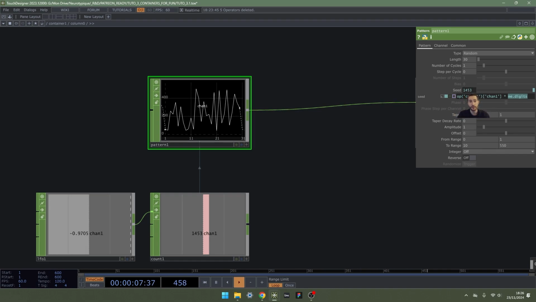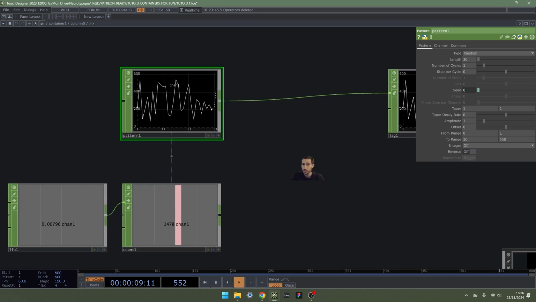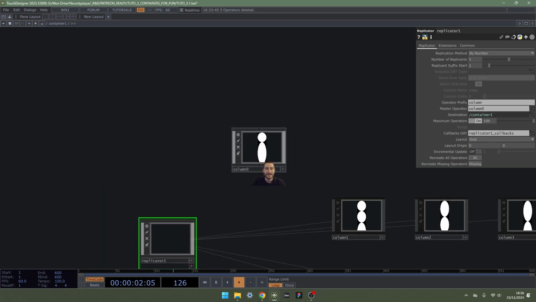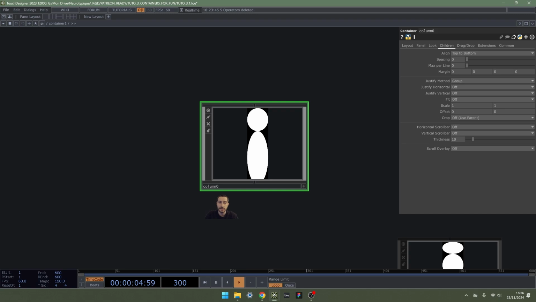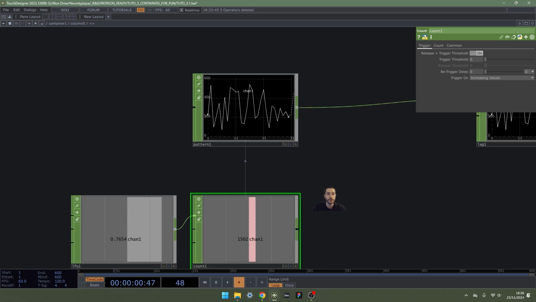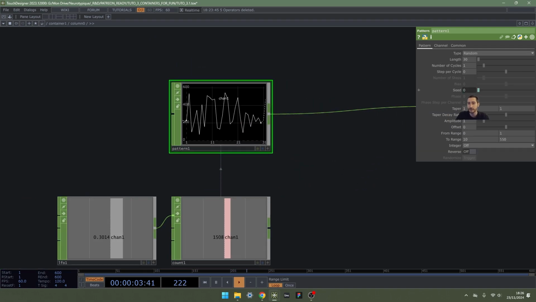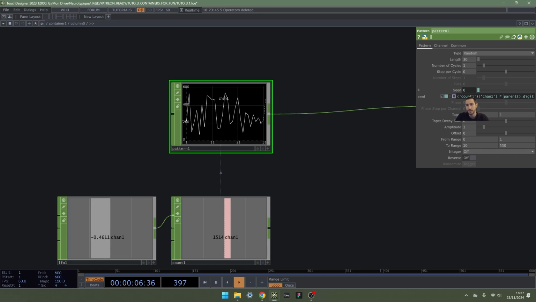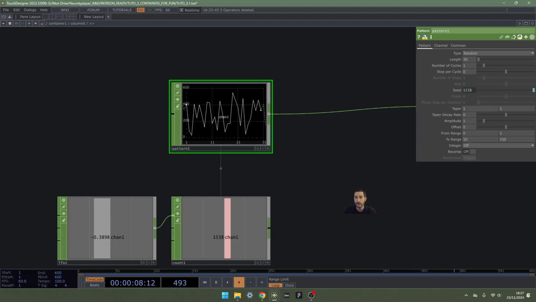So what operator is this? It's the parent operator, the one on the top level. So we can say parent parenthesis dot digits. And now we just created ourselves another problem. It's working, but as the digit is 0, it's just multiplying the changing seed by 0. So now it's not changing at all, it's just multiplying by 0. It's not a great strategy for moving stuff. So what we can do is just say plus 1 times the seed.